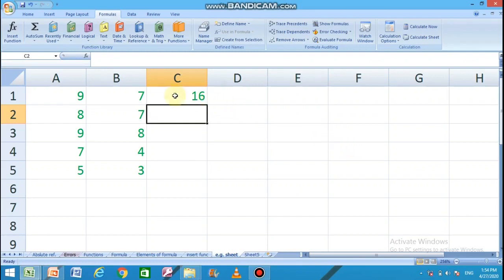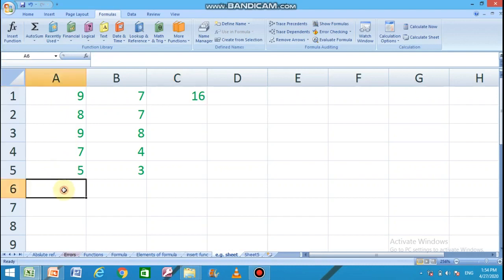Now suppose I have to add all these numbers, 9 plus 8 plus 9 plus 7 plus 5. So I do not need to write all those cell addresses like this here, A1 plus A2 plus A3 plus A4 plus A5.